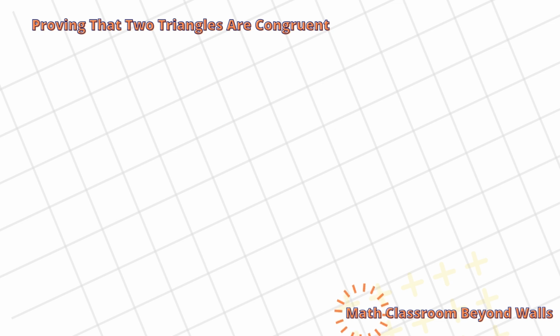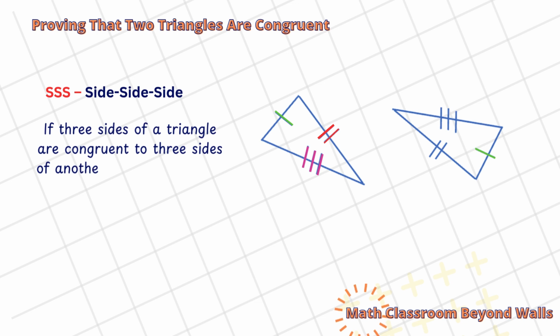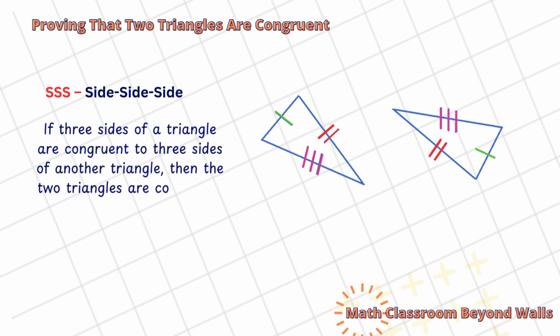The first one, SSS, or side, side, side. That is, if three sides of a triangle are congruent to three sides of another triangle, then the two triangles are congruent. The second,